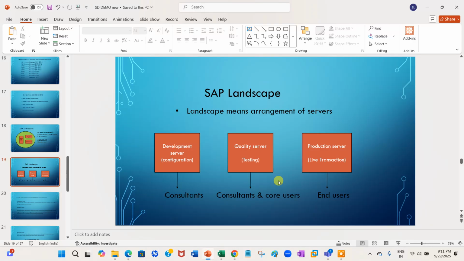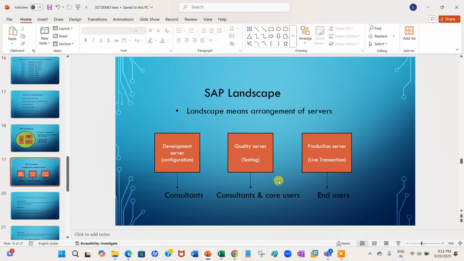Next, landscape. Landscape means arrangement of servers. Whenever you open SAP software, we have a landscape. Landscape means arrangement of servers: development server, quality server and production server.